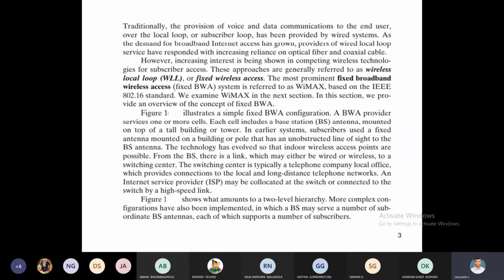The OFC cables are connected to Wi-Fi routers, and from the Wi-Fi routers to your laptops it is wireless. So we are using wireless local loop technology both indoor and outdoor.